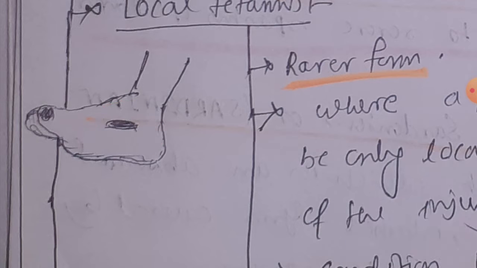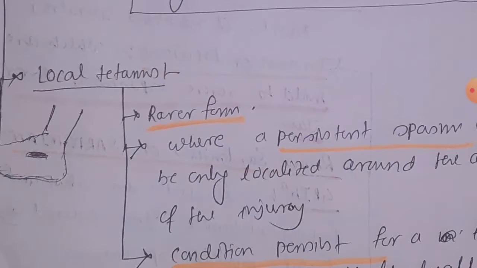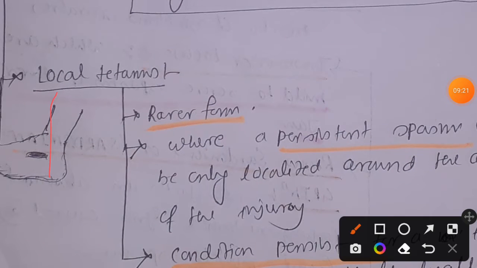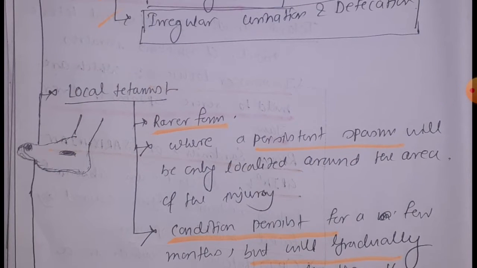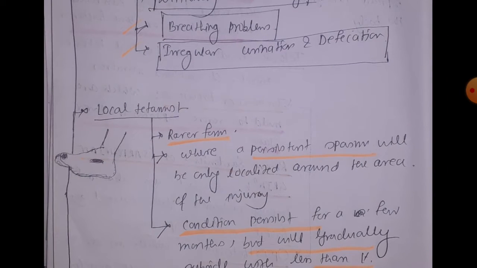That means the spasm will be localized, and that is why the term localized tetanus or local tetanus. This condition persists for a few months and eventually subsides with less than 1% mortality rate. So that is all about localized tetanus, a rarer form of tetanus